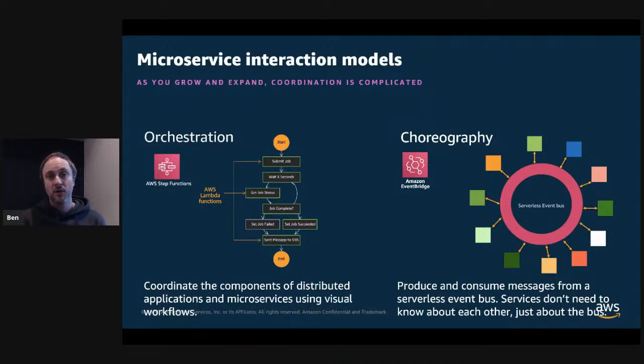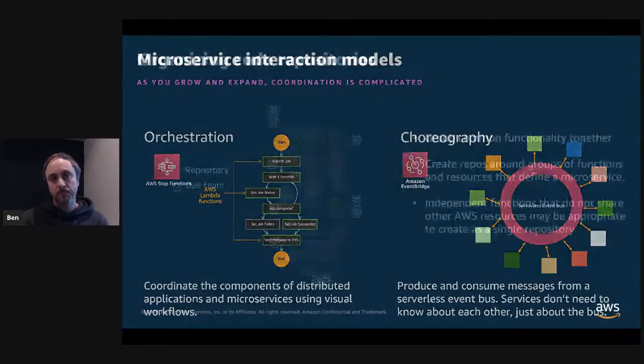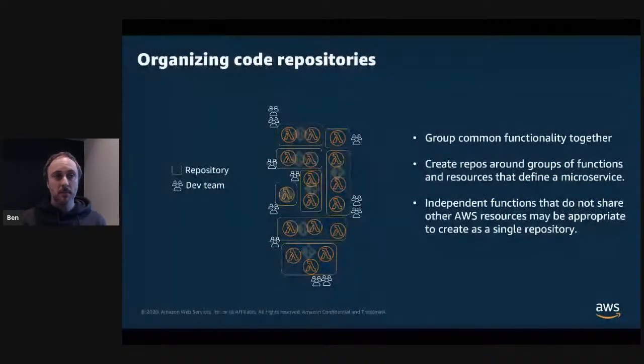Then you've got choreography, where every service now works independently. So there's no hard dependencies between them. They're loosely coupled only through the events that they share. So here, each service listens for an event that it's interested in, and it does its own thing based on if that event was relevant to that service or not. It follows the event-driven paradigm, and for this interaction, you'd use something like Amazon EventBridge. And more often than not, we find that you'll end up using orchestration to communicate within your microservices and choreography to communicate between them.